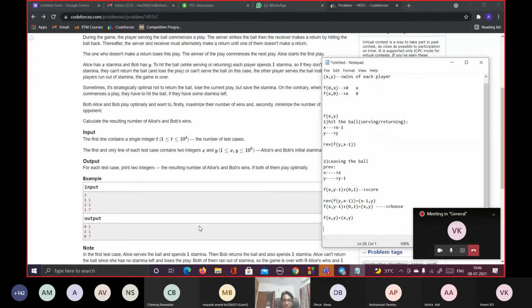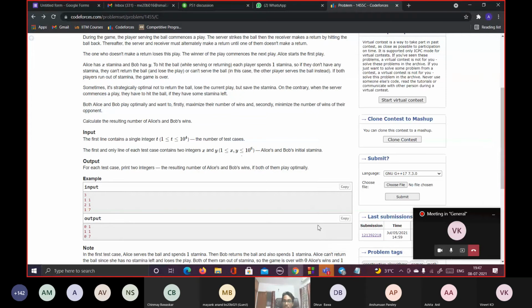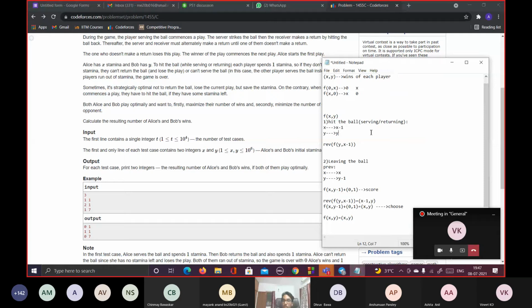But if you observe the question deeply, you have a line which says that Alice starts the first play. So if Alice is going to start the first play, it means that she is going to start the game. So you would have to choose this case only, initially at least. The scores are given as x comma y. So if Alice is starting, she'll hit the ball, which will in turn result in this case.